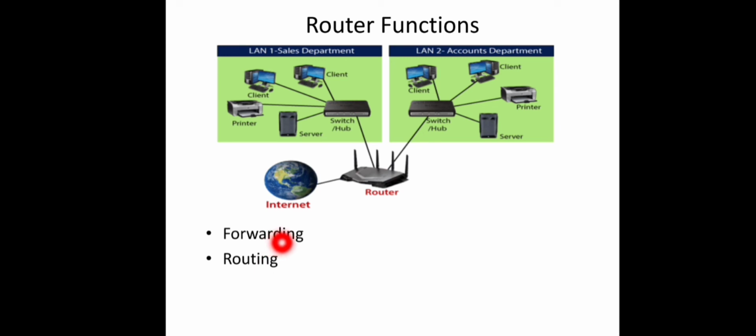As you know, forwarding means when it receives an incoming packet, it should consult the routing table to find the outgoing interface to which this packet should be forwarded. So based on the destination address of the particular packet, the corresponding outgoing line will be selected and this packet will be put over that line. That is called forwarding. And routing means at every regular interval, these routing tables will be updated using some information exchange and all. We have seen different methods to update the routing table, like link state routing and distance vector routing and all, right? So that is the second procedure, to update the routing tables.